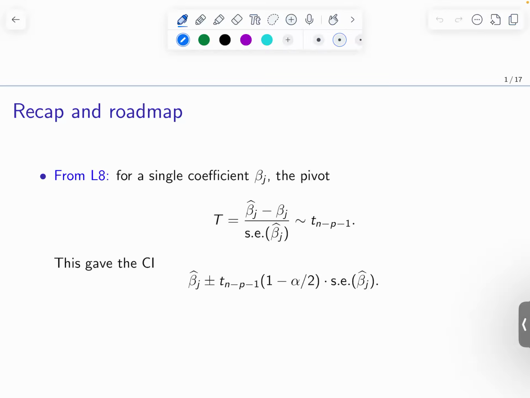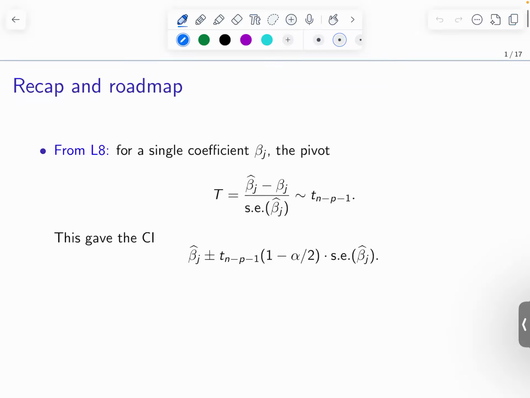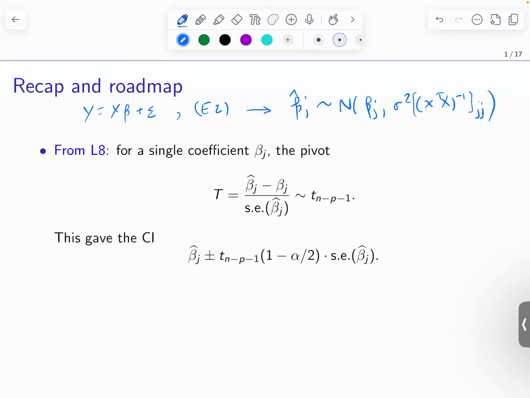So what we started last time was the construction of confidence intervals and hypothesis testing for a single coefficient in regression. If you remember, we had a linear model, and then we had our E2 assumption, the Gaussian assumption on the noise, and this led to this distribution for beta hat j, X transpose X inverse jj. And so from this, we constructed a pivot, which